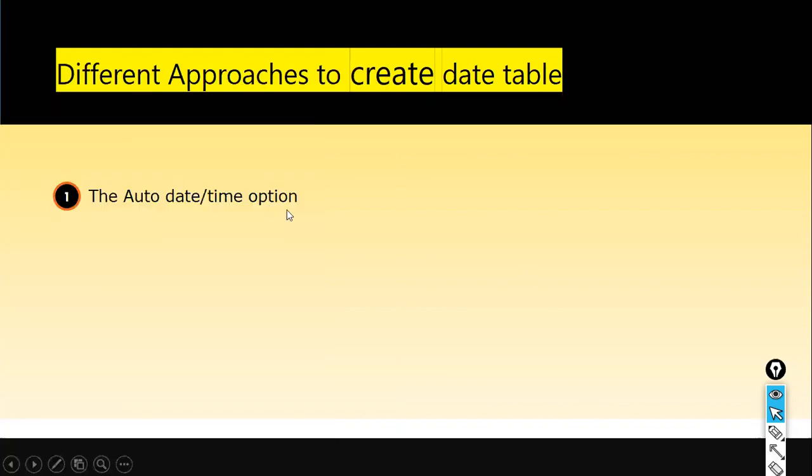This is not the recommended one, because with auto date time, Power BI creates the date table behind the scenes automatically if your table has date columns in it. Fine, let it create it, but the issue here is that for each date column, it creates a separate date dimension table behind the scenes. Supposing you have 3 tables, and in each table there are three date columns. So 3 into 3, 9 date columns. For each date column, it creates a date table behind the scenes,